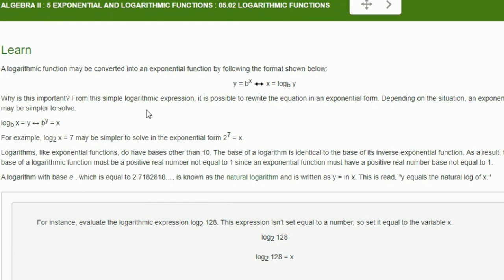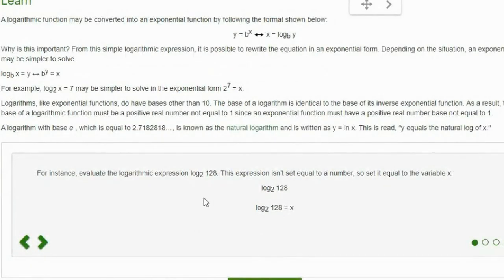So why is this important? From this simple logarithmic expression, we can rewrite the equation in an exponential form. So we can go back and forth. If we have a log that's easier to solve as an exponent, we'll write it as an exponent. If we have an exponent that's easier to solve as a logarithm, we'll write it as a logarithm. So we can go back and forth either way. Like, for example,